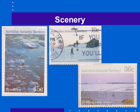Scenery. Here is perhaps where our Australian friends are having some fun with us. But I like evening, late summer. A guy in a snowsuit and snow boots and snow pants and a toque walking across ice and snow. And actually, both learning about Mawson's journey and looking at these stamps and seeing just exactly how cold it is